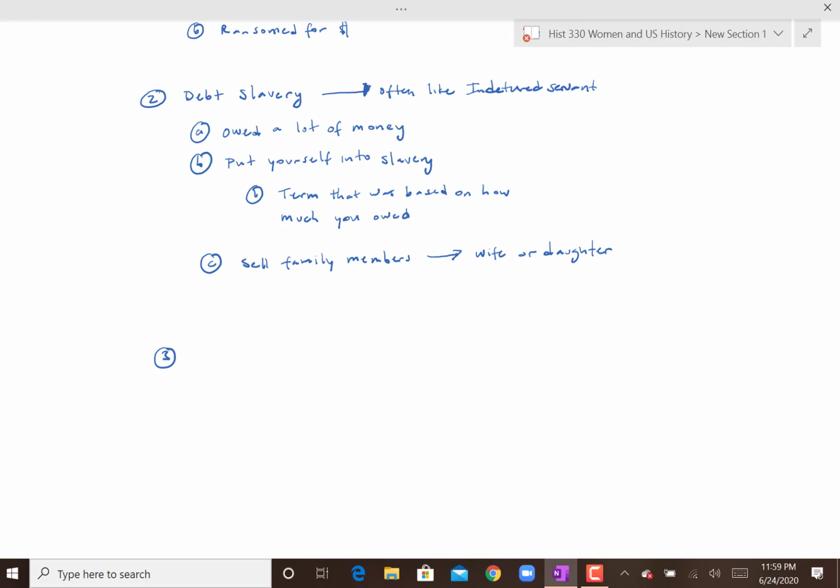Of course, it was connected to patriarchal structure, and that men had the authority, often of life and death, over their family members, that allowed them to then subsequently choose to sell off their wife or daughter, or their sons, but more often it was wife or daughter, into debt slavery